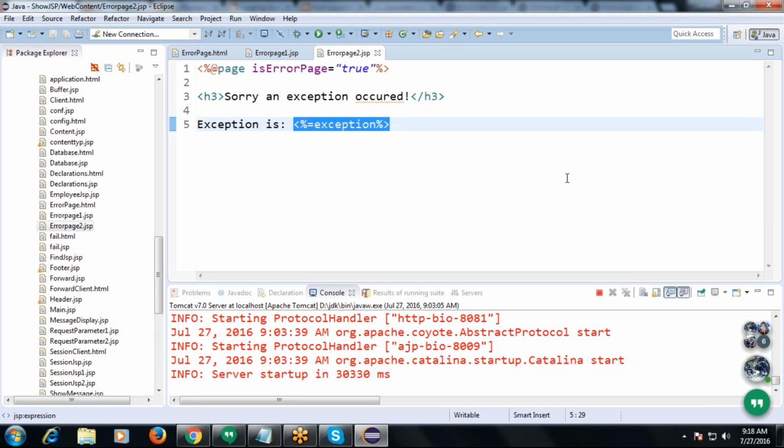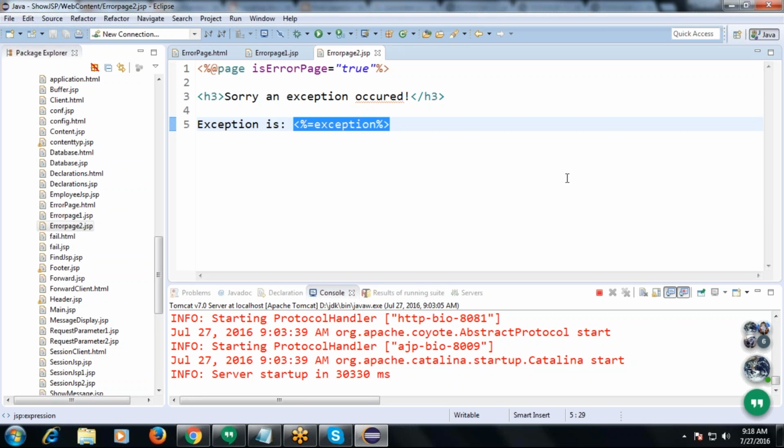What are the new attributes we discussed for the page directive here? Content type, errorPage, and isErrorPage.